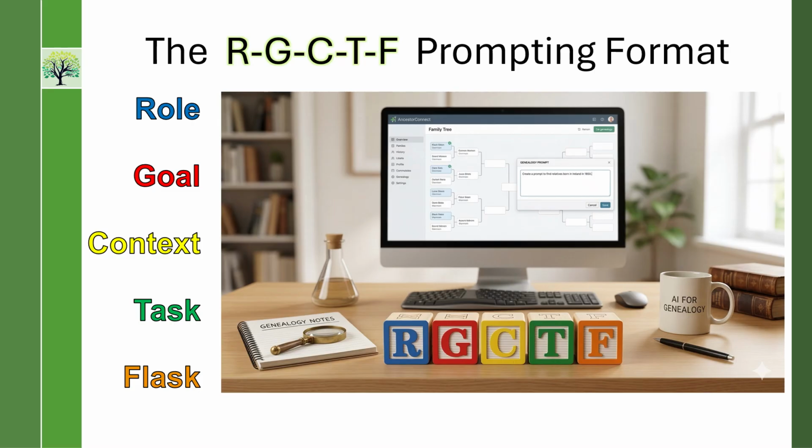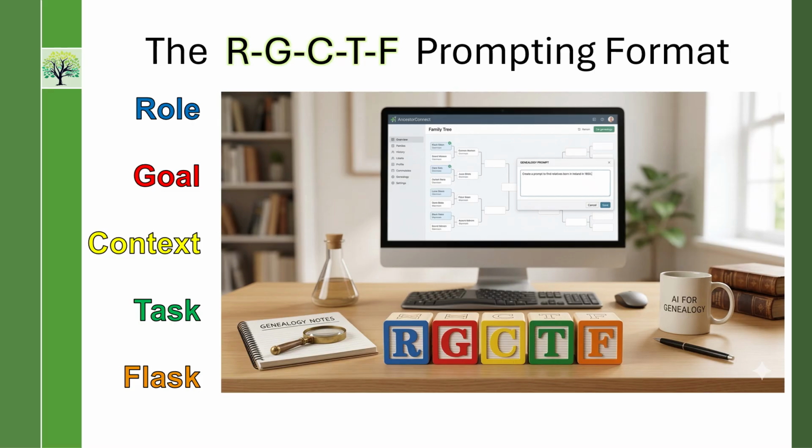Context, or text sometimes it's just called. This is an important one. You've got to give it the details. You really have to pinpoint what you're trying to accomplish and what it's supposed to do and what it's going to use. So if I'm creating an image, I give it several images of the kind of artistic work I want it to look like so that it understands what I'm trying to achieve.